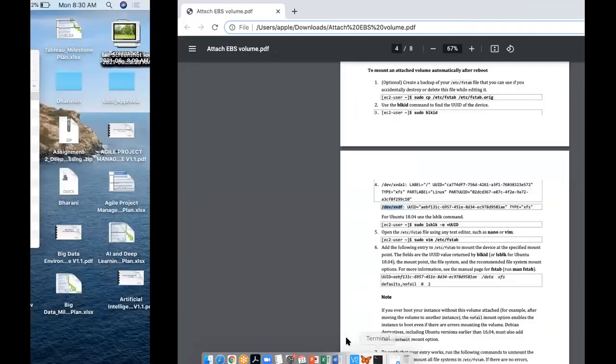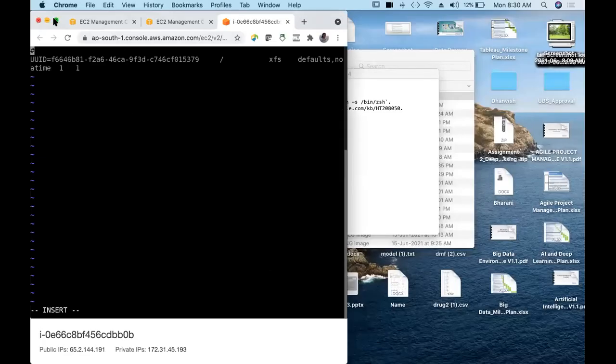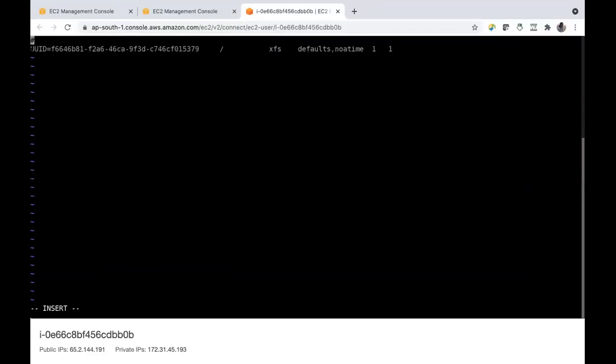Let me go here. What is there? Root volume device ID, mount point name, file system name, and then we have this. In the same way, I'll also make an entry. Do not edit this. You have to go to next line. This is your root volume's entry. I want to make my volume entry.